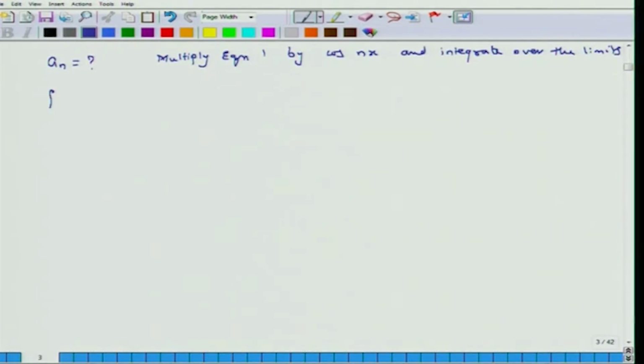So what I get is the integral from minus pi to pi of f(t) times cosine of mt, again this should have been cosine of mt, equals the integral from minus pi to pi of a0 cosine of, oh, actually this should not be nt, it should be mt, cosine of mt